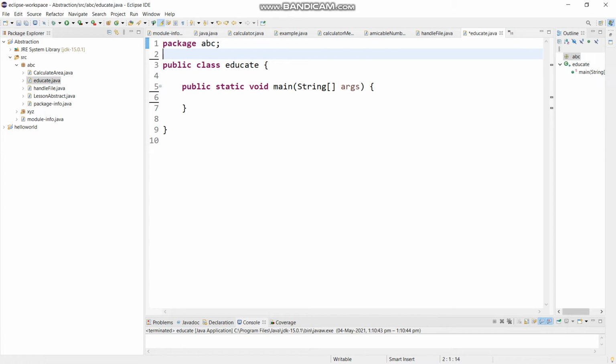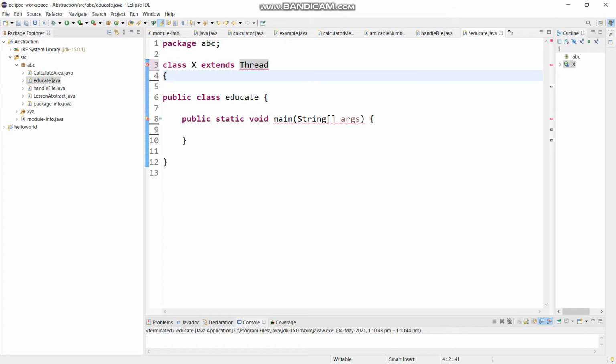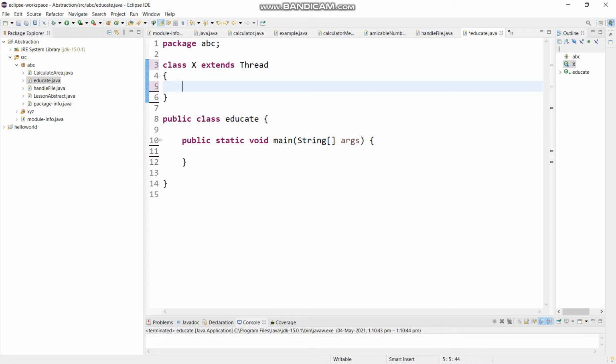with the help of a thread class. So I'm going to take a similar workspace, and I have just deleted all the previous data. And what I'm going to do is create a class that extends the thread, that is, class extends the thread. Inside it, I have to write the public void run method, and then I'm going to take